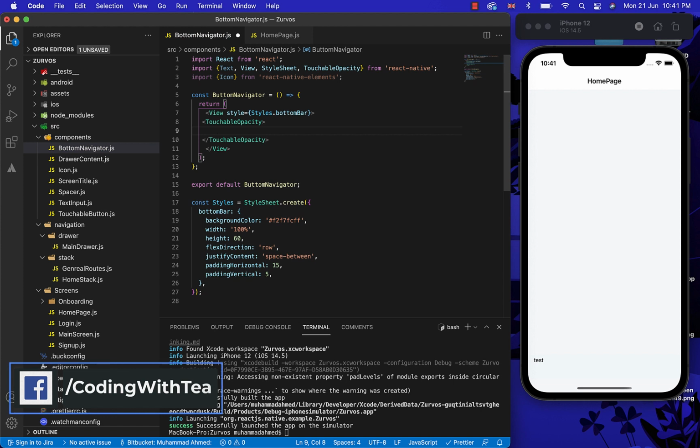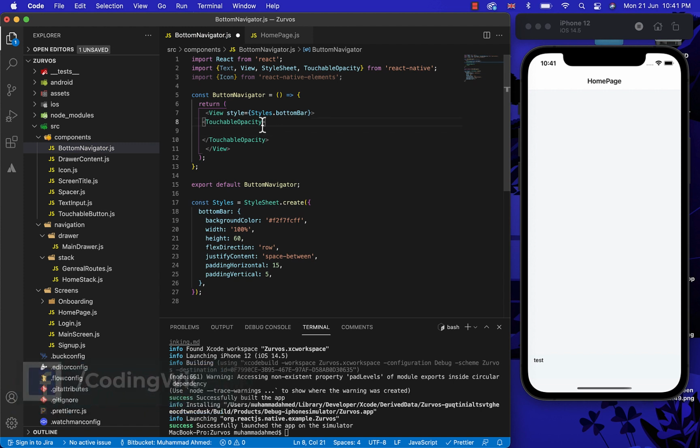So for that, let's just import touchable opacity from React Native, and between them, the text of the button which we want to show on the bottom tab navigator. So first button is the home.